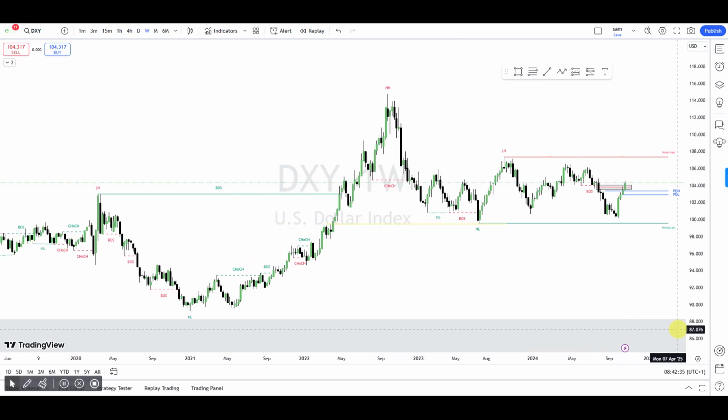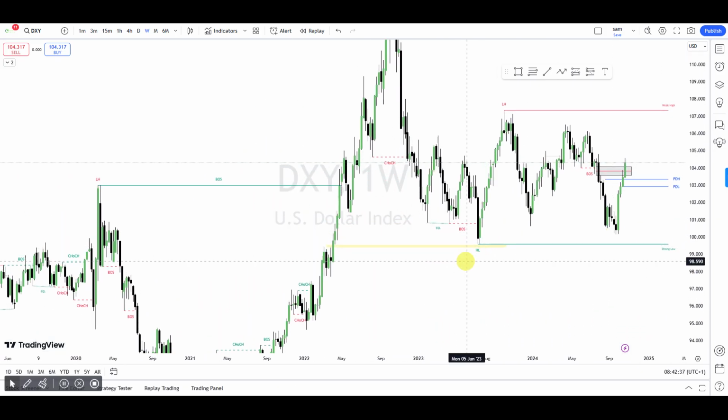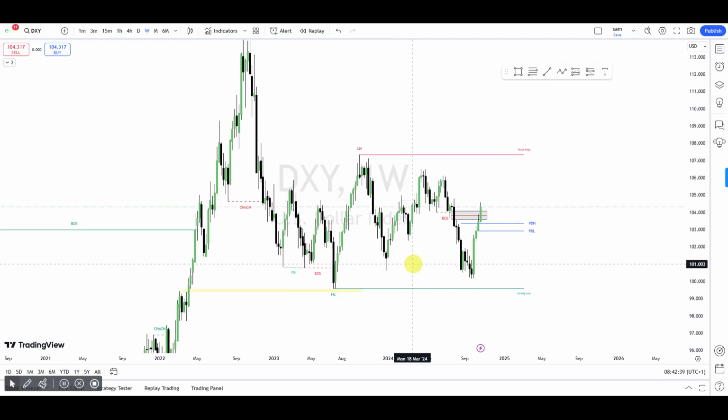What we have to do now is to focus on here. As you can see, the market is consolidating here, and we are not so sure what the market is doing, but yet we notice the fact that